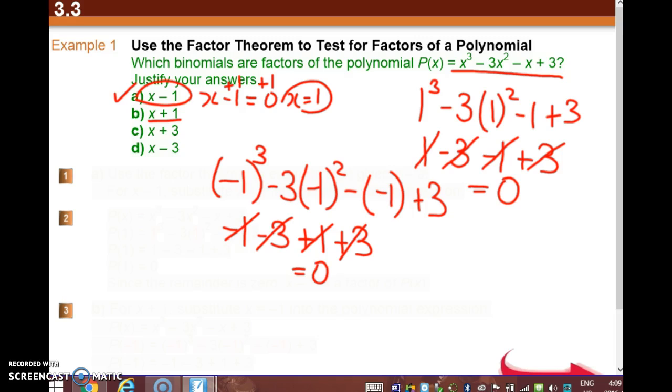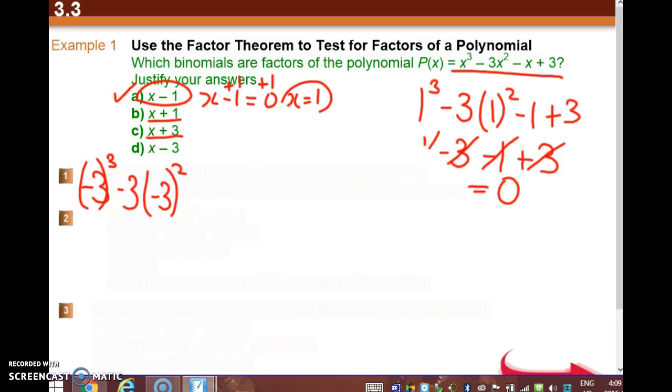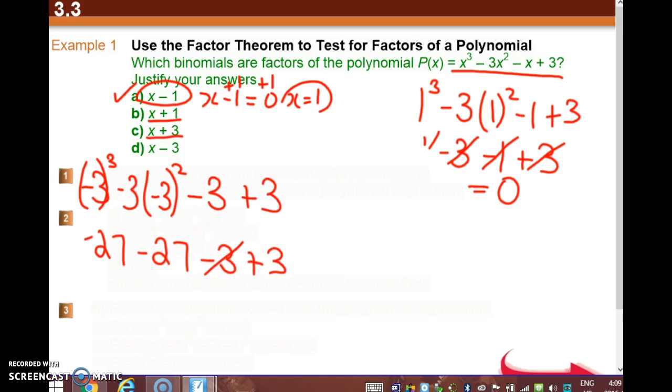Okay. Let's try for this one. We would be putting minus 3 into the equation. So I'll do minus 3 cubed minus 3 minus 3 squared. Minus 3 plus 3. So minus 3 cubed is minus 27. Minus 3 squared is 9 times minus 3 is minus 27. Minus 3 plus 3. Those will cancel because they equal 0. And minus 27 minus 27 gives us,